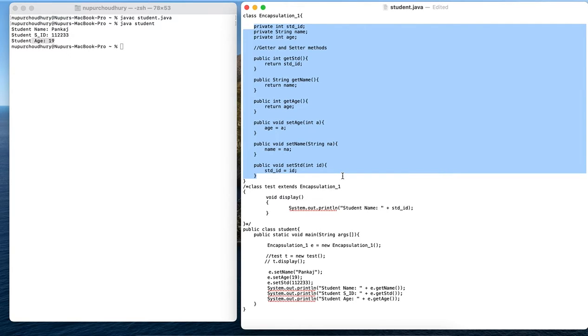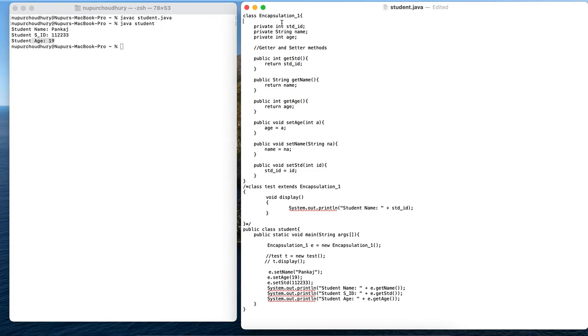If any hacker or any other person gets access to these private variables, they will not be able to work with them, because they are declared as private, apart from those methods which are given access, the getter and setter methods of this particular class.